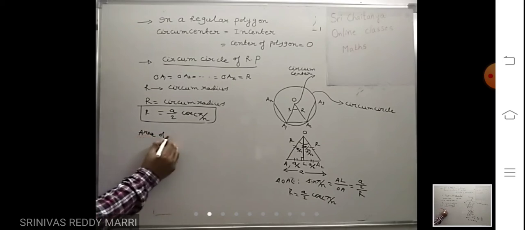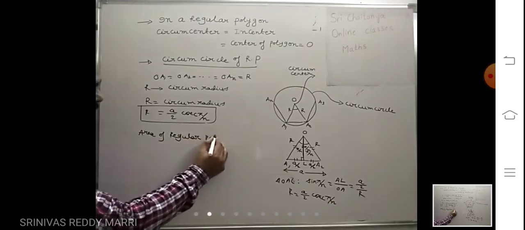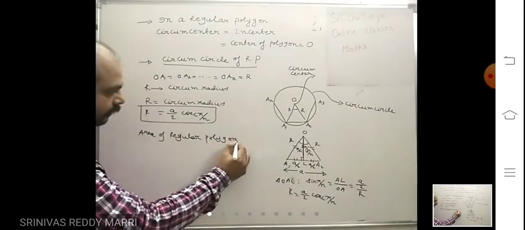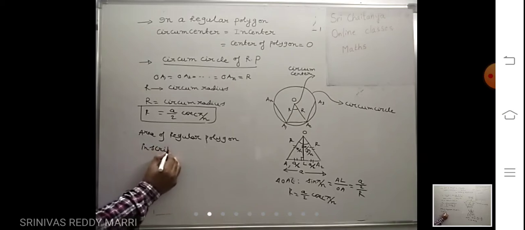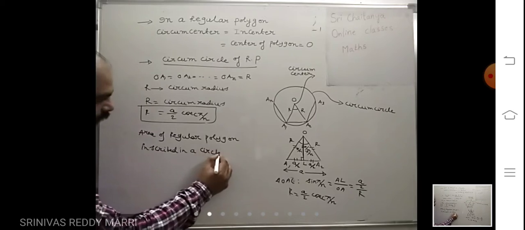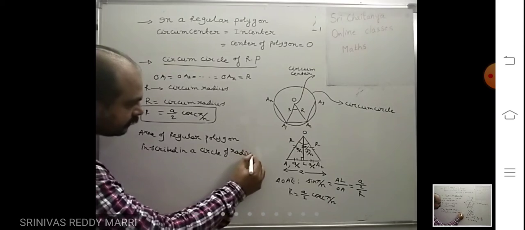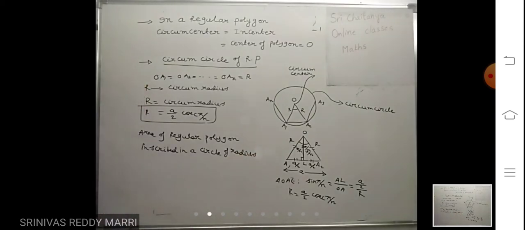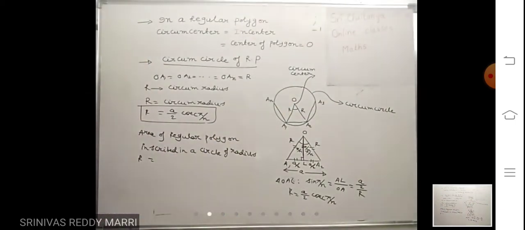Area of regular polygon inscribed in a circle of radius capital R is... okay, that means this polygon area is